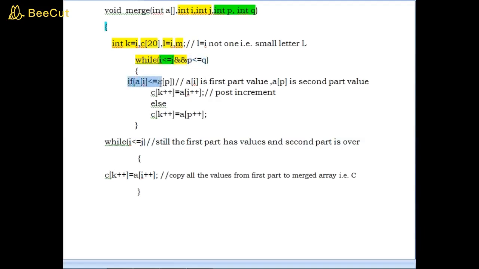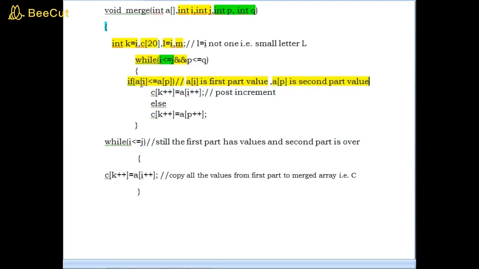That's why the condition is a of i less than or equal to a of p. The meaning is that a of i means the first part value, and a of p is the second part value. I am comparing the first part value and second part value, whichever is smaller.